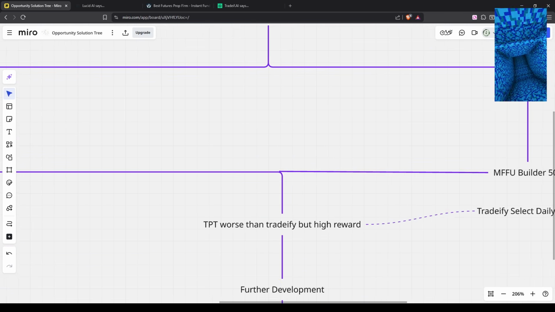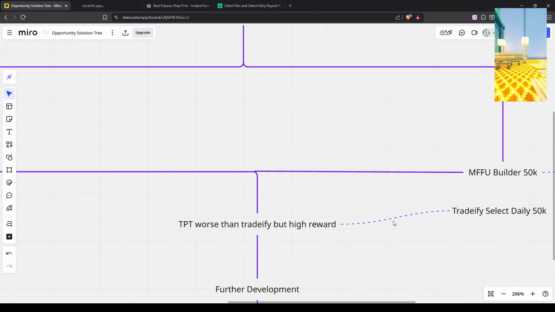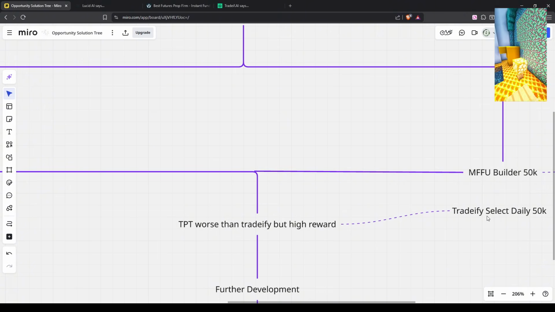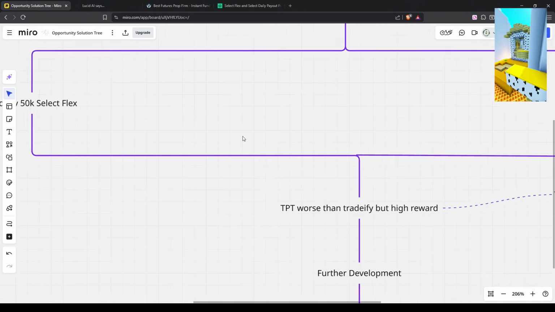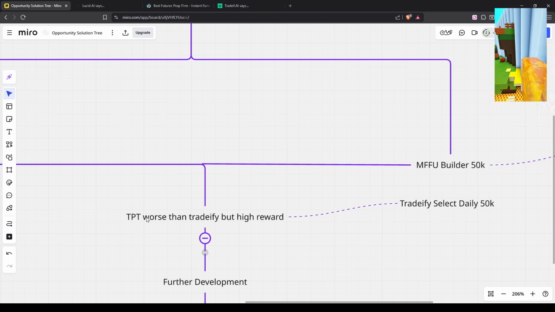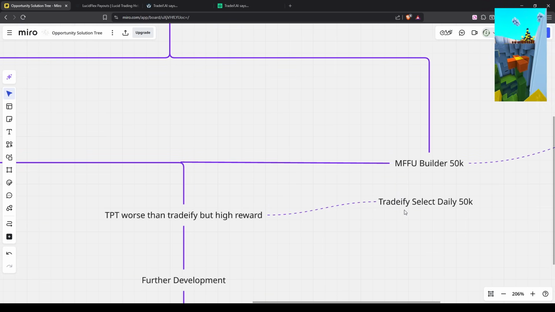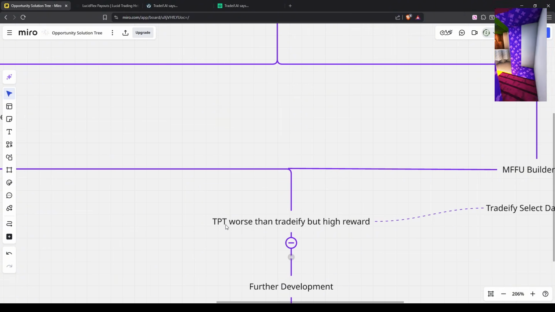After you achieve that and you have Tradeify accounts or My Funded Futures Builder accounts, you switch to harder prop firms. We've got Take Profit Trader and Tradeify Select Daily. TPT is slightly overrated, because with Tradeify Select Daily, not Select Flex, you get the same daily payout as with TPT once you trade above the marginal threshold of 52,000, and you can take a payout any time of the day without any intraday drawdown, because Take Profit Trader has